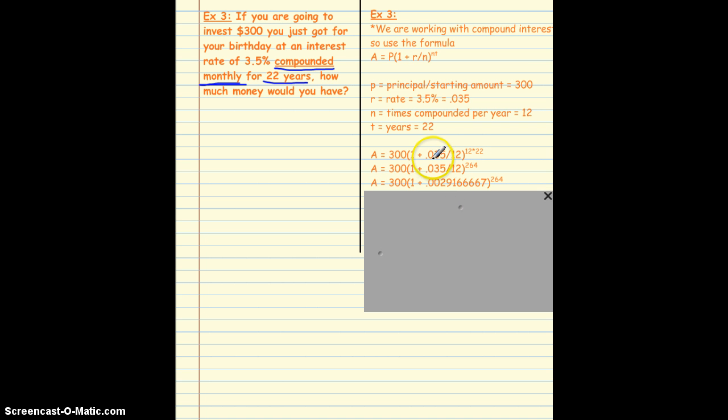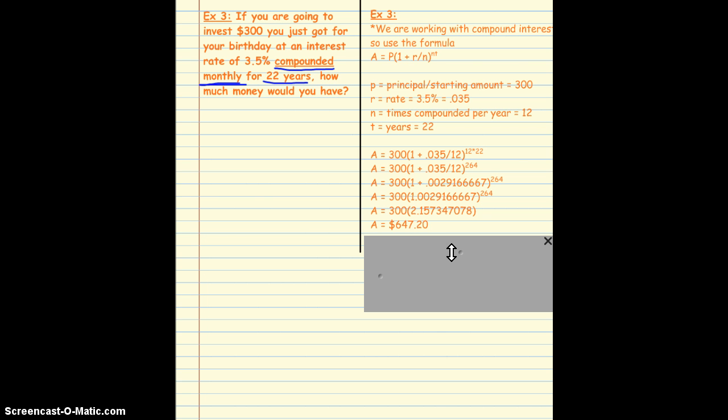Okay, next we need to do 0.035 divided by 12. That as a decimal is 0.0029166667. Keep going inside the parentheses, so add 1 to that. Now we get to do our exponent, so 1.0029166667 to the exponent of 264 gives us 2.157347078. Multiply by 300, our starting amount, and the amount of money that we will have is